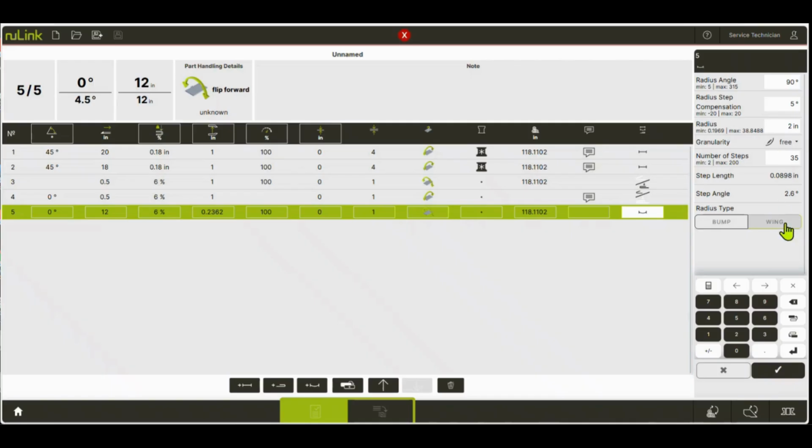So now, what's the difference between the two? Okay. Bump bending is when you're using lighter gauge material and you want some accuracy, but it's good. Let it fly. Okay. Wing bending is when you really want that extra accuracy. Okay. And you're doing some with thicker material. Okay. Because it's clamping and bending every time like a regular bend. So this is when you use the different